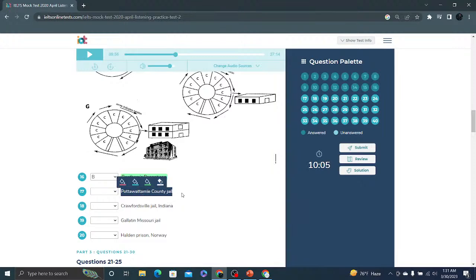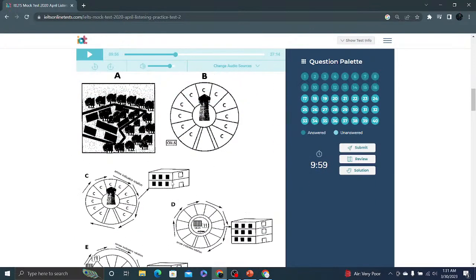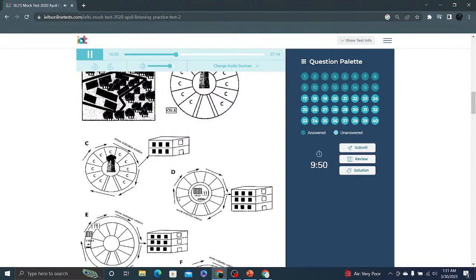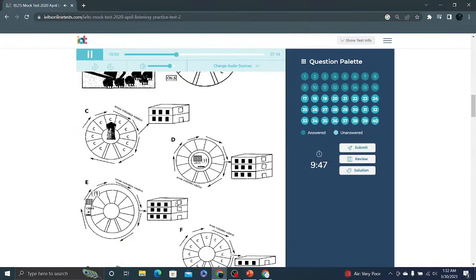Pottawatomie County Jail. And Hall's designs ensured that no personal contact between prisoner and jailers was necessary. However, they also allowed maximum security with minimum jailer attention, just like Bentham's original panopticon design, in fact. The main difference between the three prison designs was in their size. The Pottawatomie County Jail was constructed on 3 floors, whilst the Crawfordsville Jail in Indiana was a 2-story prison, and the Gallatin, Missouri Jail only a 1-story prison.